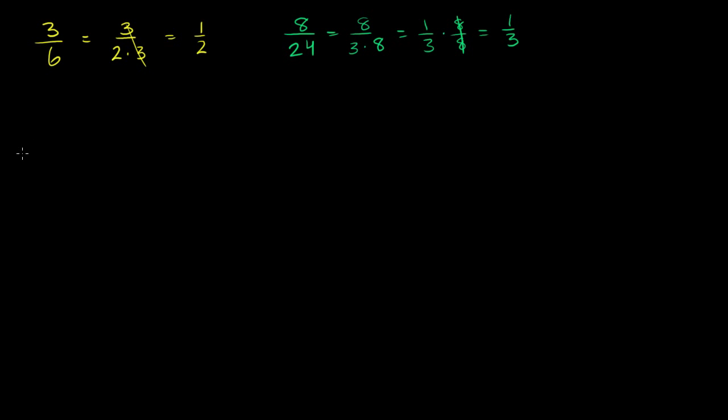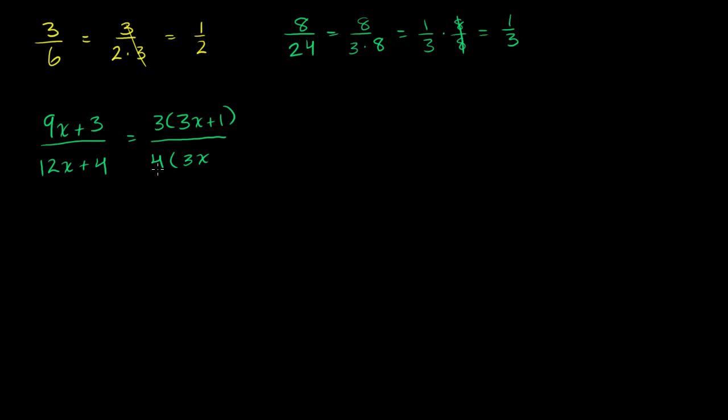Let's say that I had (9x + 3) over (12x + 4). Now this numerator up here, we can factor it. We can factor out a 3. This is equal to 3 times (3x + 1). That's what our numerator is equal to. And our denominator, we can factor out a 4. This is the same thing as 4 times (3x